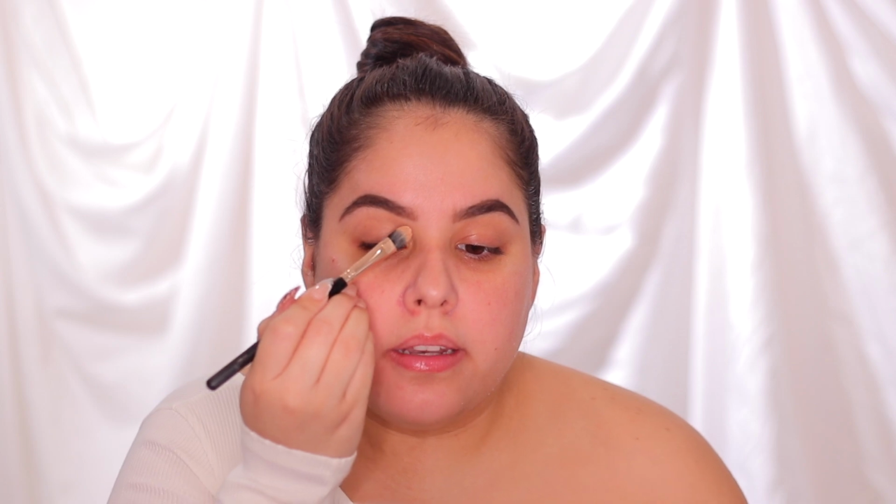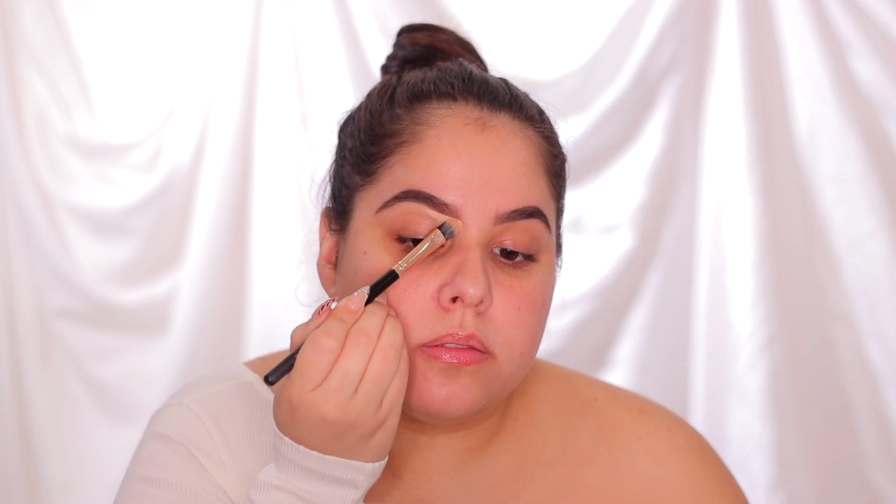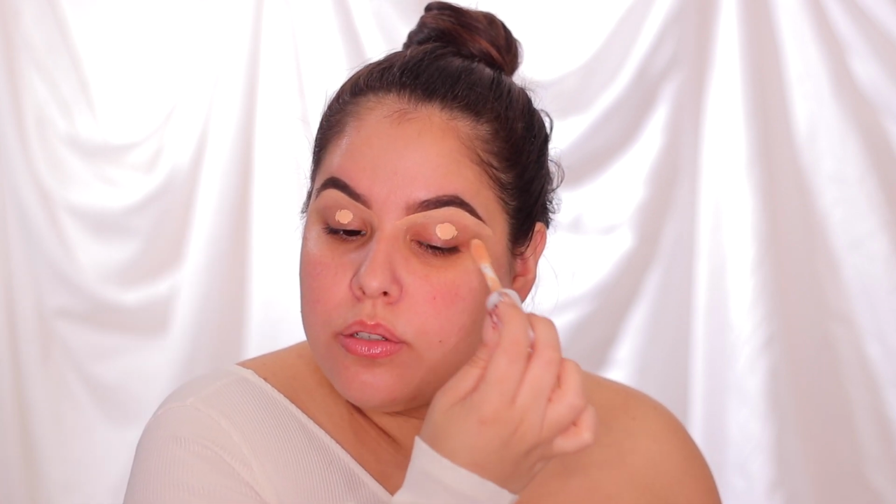Now that I have the brow shape that I like, they're not perfect. I always go back and fix them throughout my makeup, but I'm gonna go ahead and clean up the edges. So I'm taking some concealer. This is the e.l.f. Hydrating Camo Concealer. I'm gonna take some of this and clean the bottom of the brows. Now I'm gonna take that same concealer and use it to prime